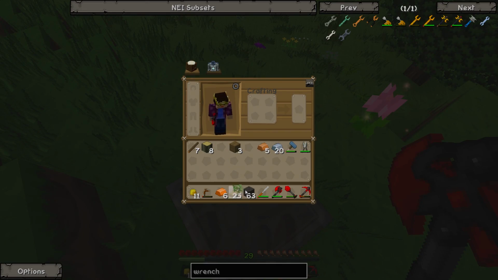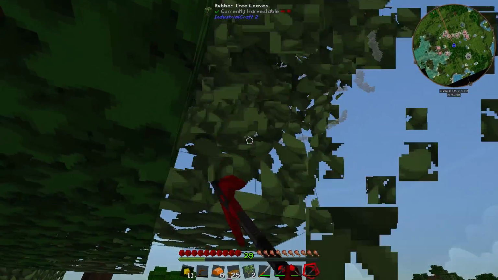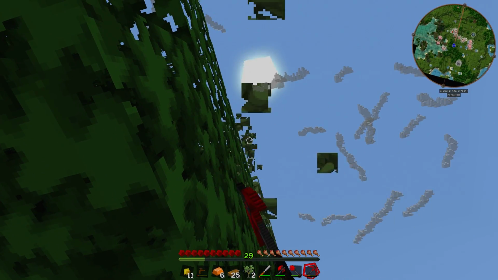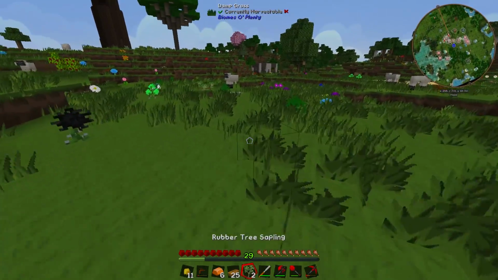You can see we did get one rubber sapling. Would have kind of liked more, but one will do to start with. Let's get rid of you. Let's go ahead and break these leaves, just in case we can get one more. Please? Please? No? Okay. Oh, no, we did. Yeah, nice. We got two. Cool. Okay, so we can go ahead and plant those down, and we could just continue to use both the